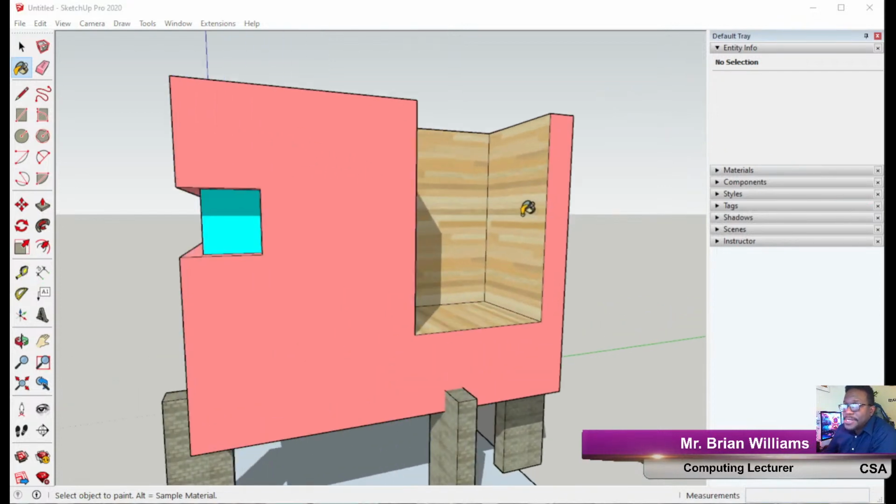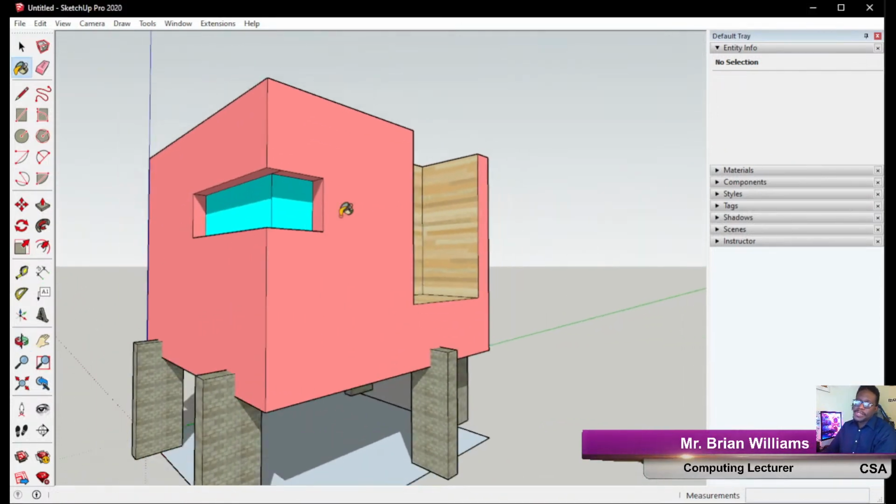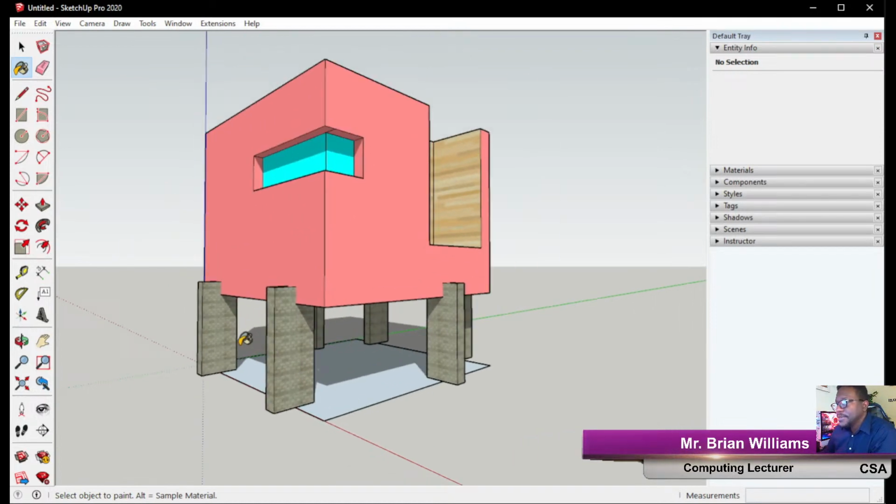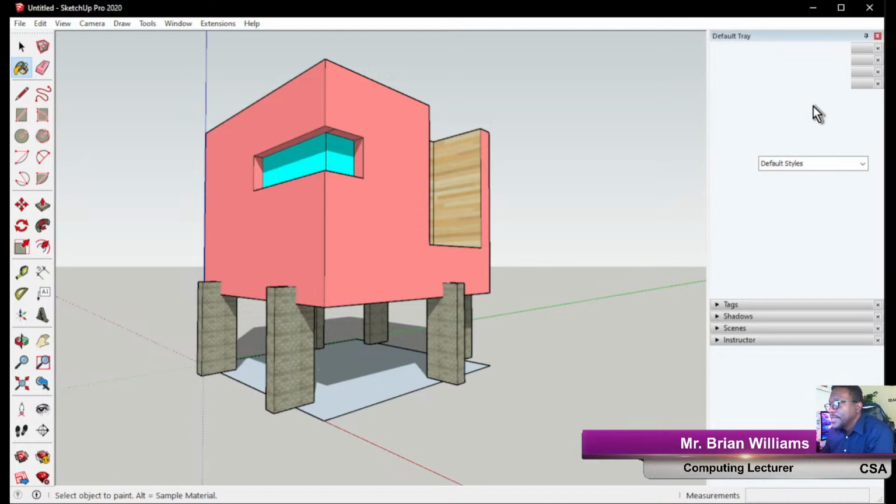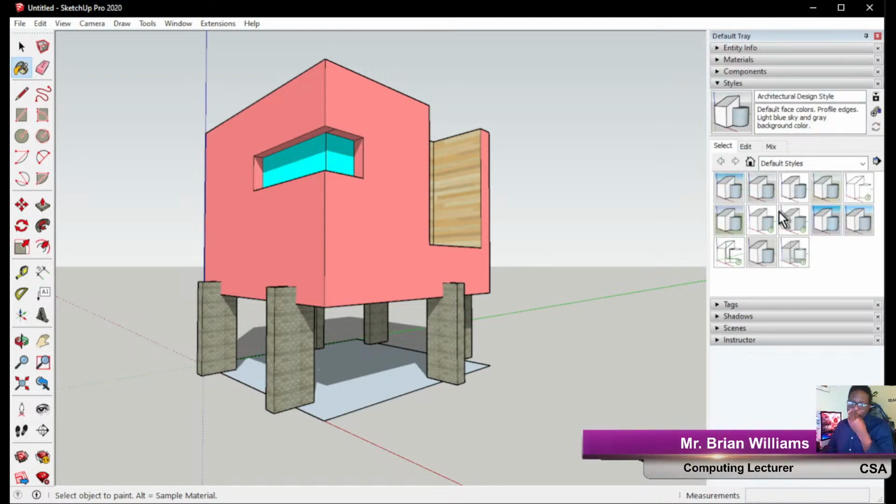Now the last and perhaps most important thing that I need you guys to learn is how to apply styles. So I'm going to open the styles tab now. And this is probably the hallmark of why you would even use SketchUp in the first place, because SketchUp has a range of built-in styles. Now when you go to the style tab,